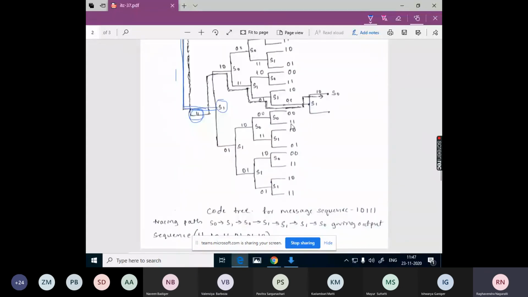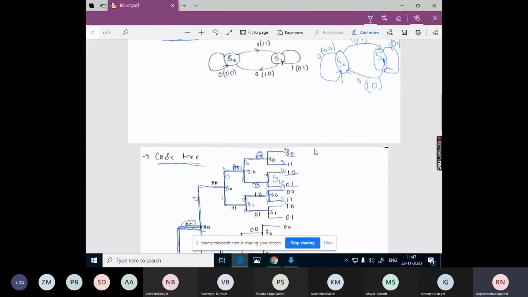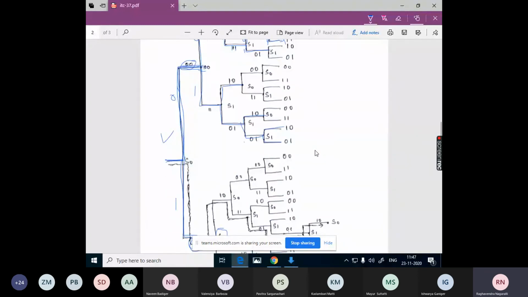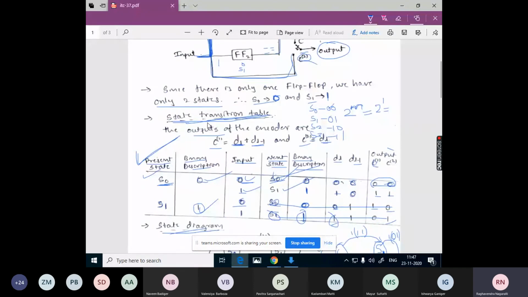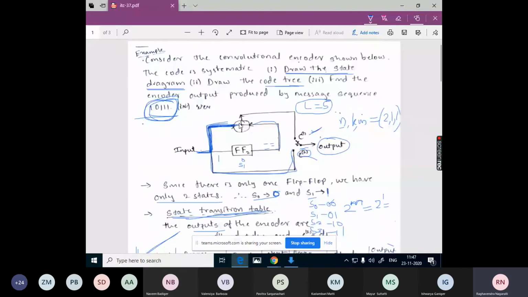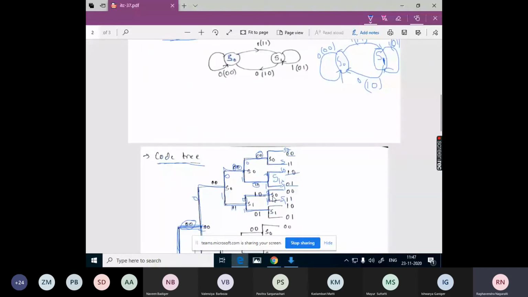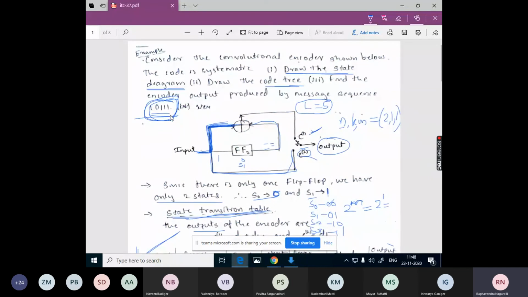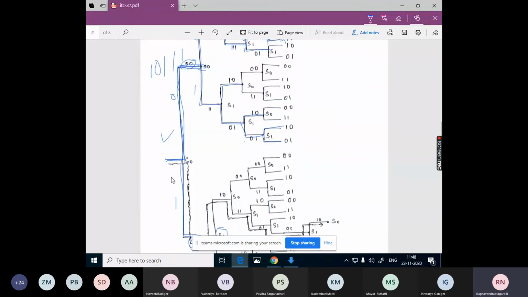Okay. So the problem with this code tree is that it is a very lengthy process and it takes more time to write, and decoding is also a bit time consuming. Okay, let's see what the encoder output will be. We can use this code tree for both encoder and decoder. So for the encoder, 10111 is our input. What will be the output here? We can write this using this code tree.